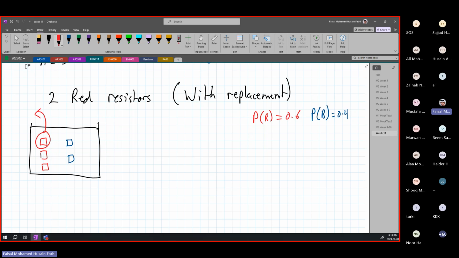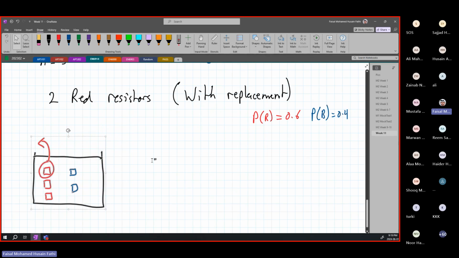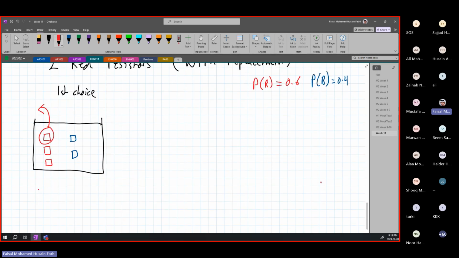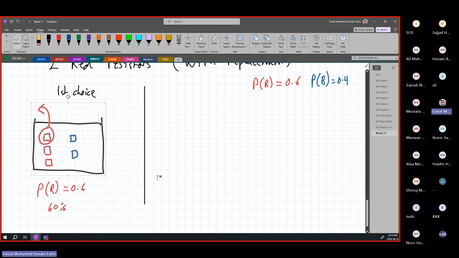Okay, this is the first thing, the first step. And we want to pick 2 resistors. So this is first choice. What is the probability of our first choice? Simple, it is P of R, which is 0.6 or a 60% chance. Now for our second choice,